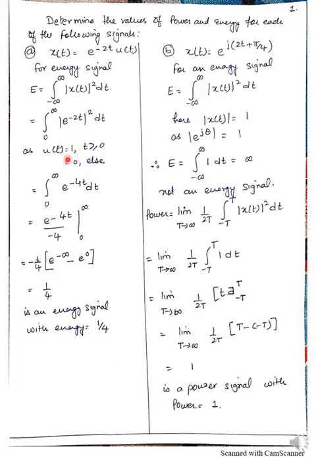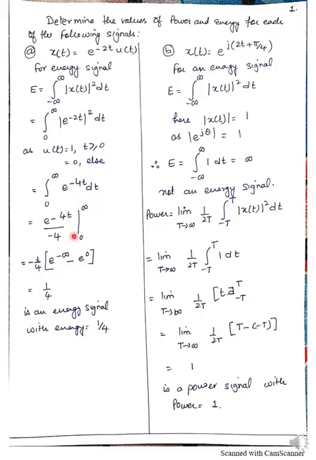Here we have u(t), which is defined for t greater than or equal to 0, and the amplitude of the unit step function is always equal to 1, and for the remaining range, from minus infinite to a point before 0, the value is 0. So the question reduces now to 0 to infinite e raised to the power minus 4t into dt. Integrating it with respect to t, we will get e raised to the power minus 4t divided by minus 4, and the limits of integration will be from 0 to infinite.